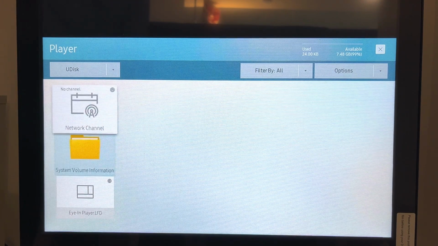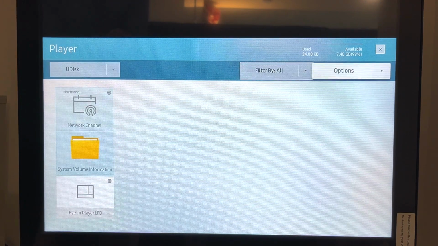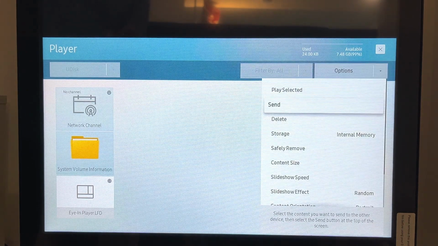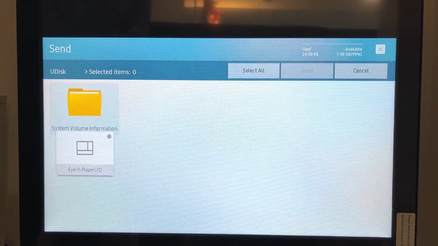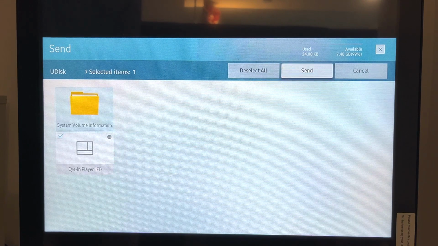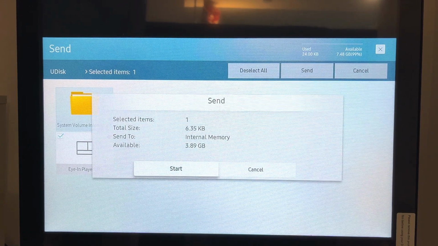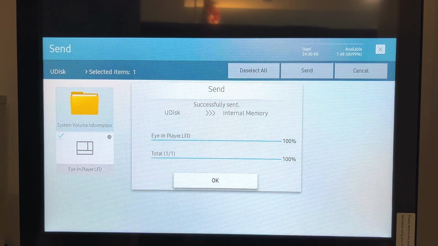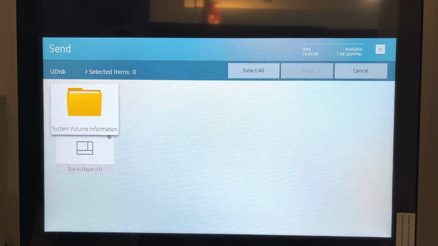So we have to go to options at the top right, select send, select the file that we want to send, and now send to the internal memory. Let's start. Okay, now go back,